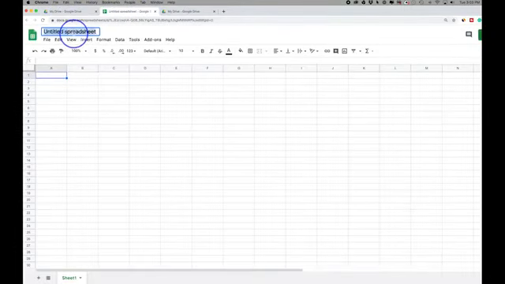But if you just create a new sheet here and type in some data here, I could always go ahead and move it to my Google